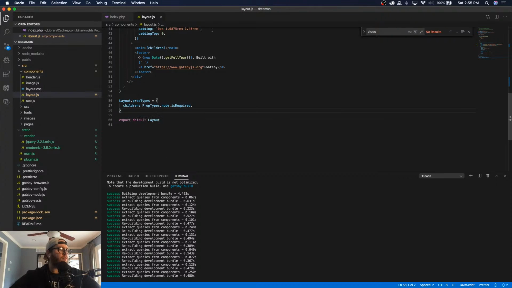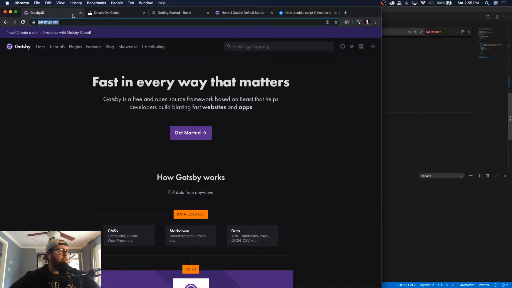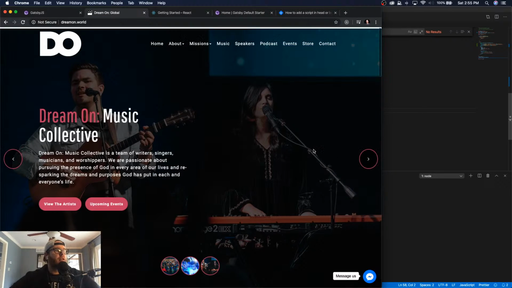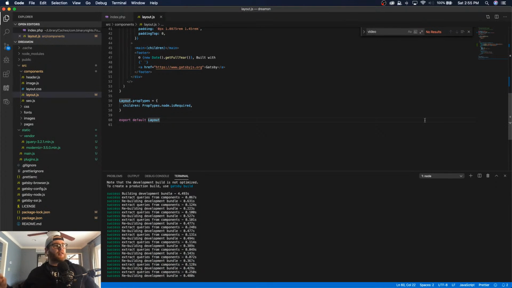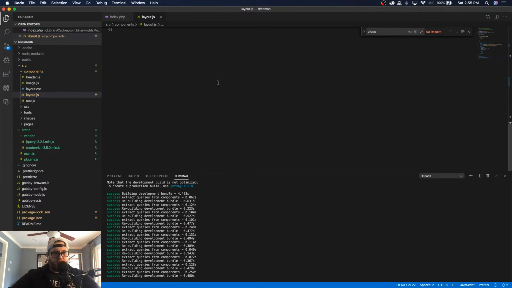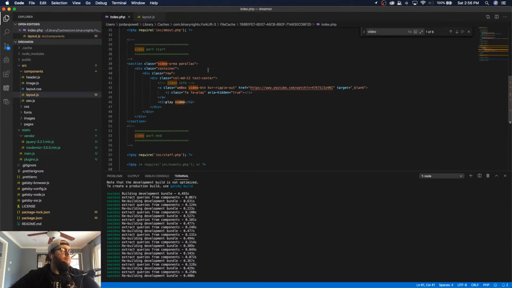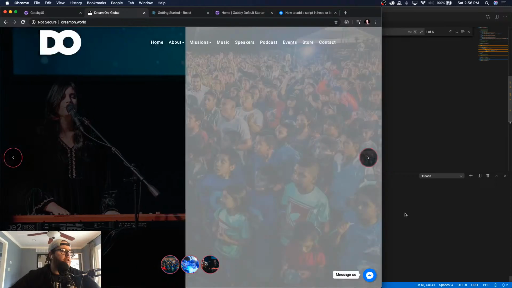So Rob, essentially the big thing with Gatsby is, one, I wanted to just learn it, but the thought is that it's static. So basically it will load super quick, much faster, everything. So that's kind of the idea. Basically a learning experience for me, and just thought it'd be a fun project. So not sure why I'm getting that error, but